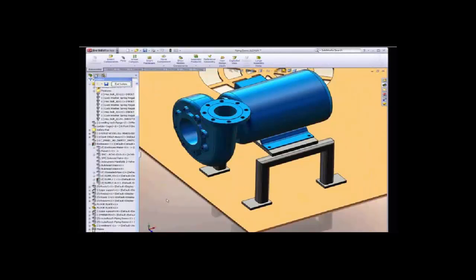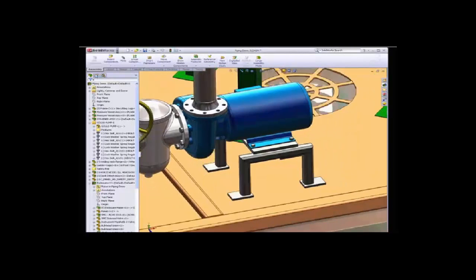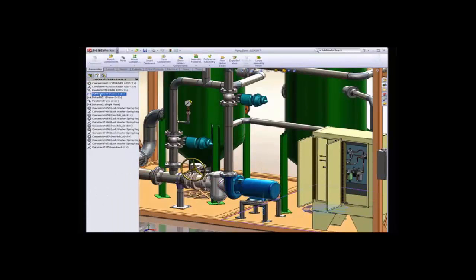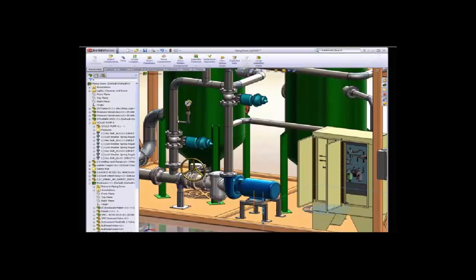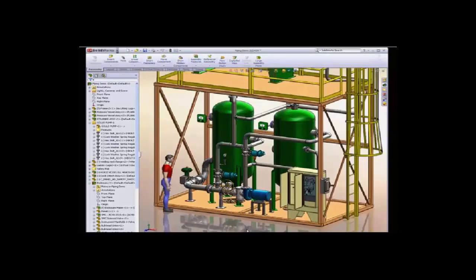So you can see here that with piping we get a lot of new functionality. We can go back in now and everything is returned to normal. We have our tubing, and we have our pipe routing, and now we have our weldments in place. And we have the ability to take those and modify them and make changes to them as well to increase or decrease the height. And you notice that everything changes. All the pipe routings